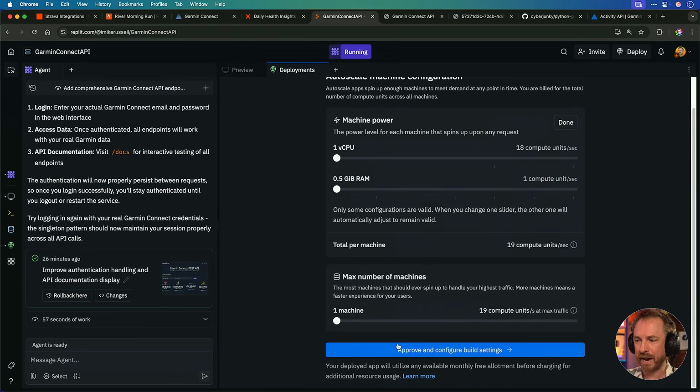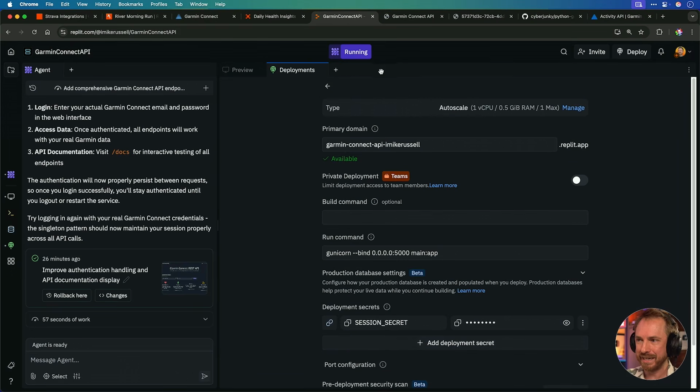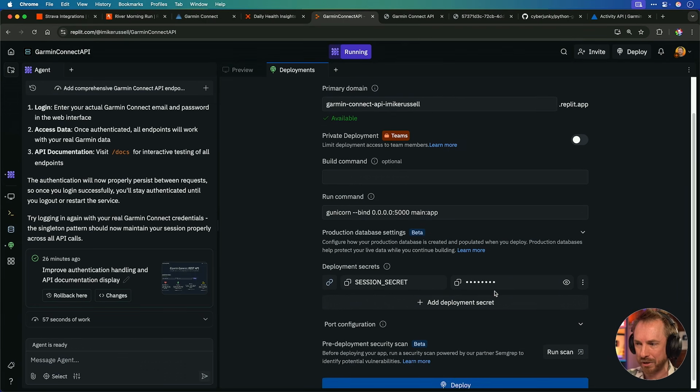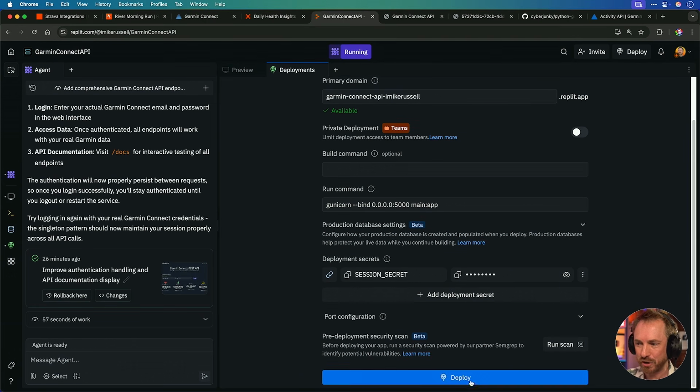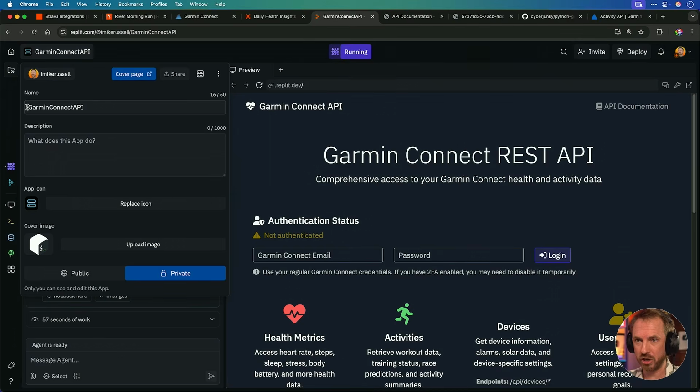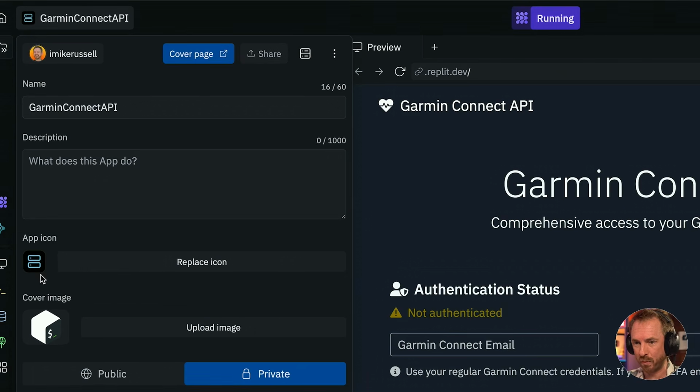With that done, I'll scroll down, approve and configure the build settings. Now, don't worry about any of this scary stuff. The agent has taken care of filling out everything, including secrets like your API key to Garmin. So you just click deploy, and then Replit will spit out a URL that you can feed to your Zapier agent to use every single day in the future. I'm actually going to share this project I vibe coded in Replit publicly so you can take the template and remix it for yourself. Garmin owners,